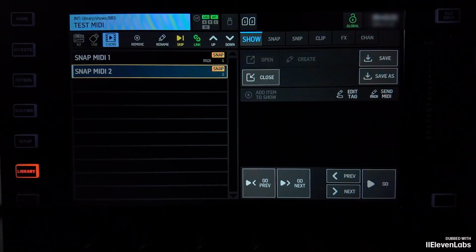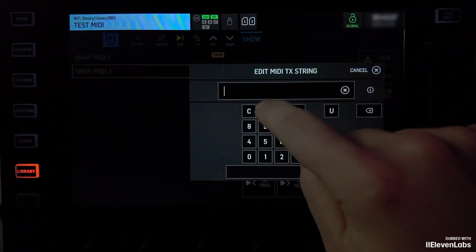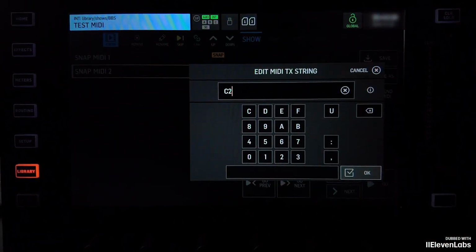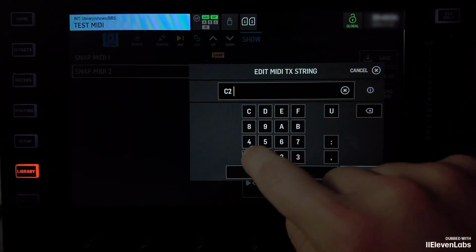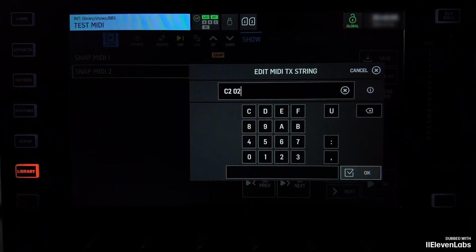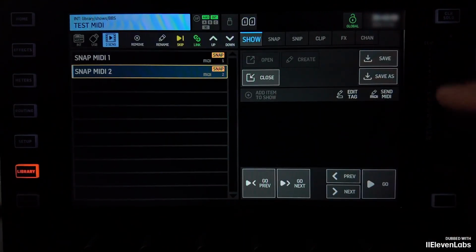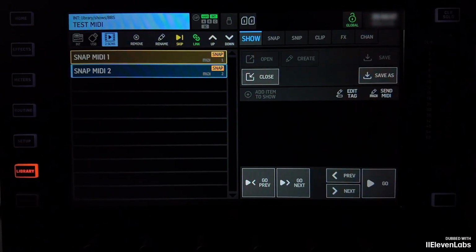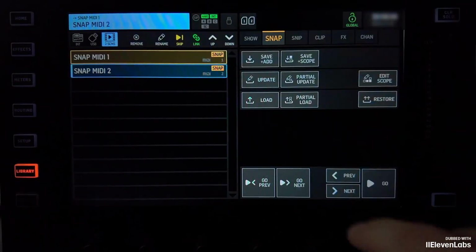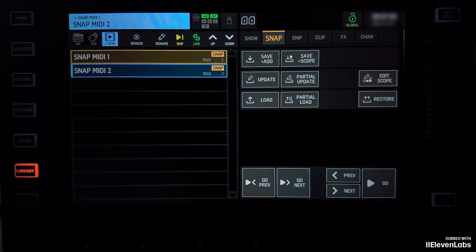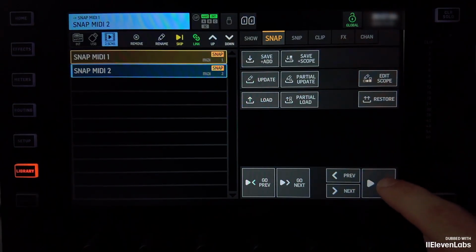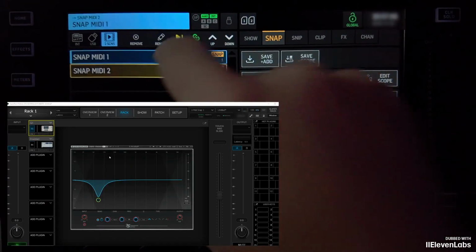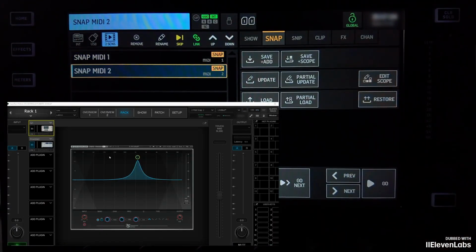Then I go to the snap with number 2 here on the ring and do the same thing. I'm saying, see here, 2 for program change and MIDI channel 3. And now I am loading snap 2 instead of snap 1. Okay, I'll say save here briefly, then it saves it to the show. And when I call up the snap now, and you will see it now, I choose snap 1 here, and we'll look over at the Super Rack. Then we see that it is now changing along with it.